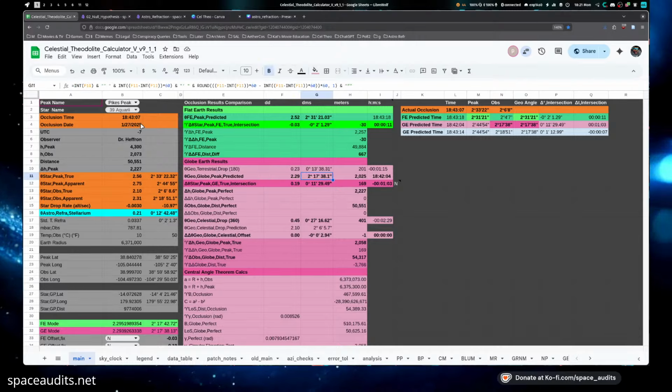So when we look at that from the analysis, we have the raw geometric intersection like we have for flat Earth. We have the same for the globe for their raw geometric intersection. And we even have the bonus refracted amount to see if that intersects with the peak or not. Because the thing about refraction and occlusions is when you have a refracted image, no light rays converge there. It's an apparent image where there's no light rays converging. So other light rays intersecting with it are not going to be occluded by it. We're only interested in the geometric intersection, but we'll throw in the astronomical for funsies.